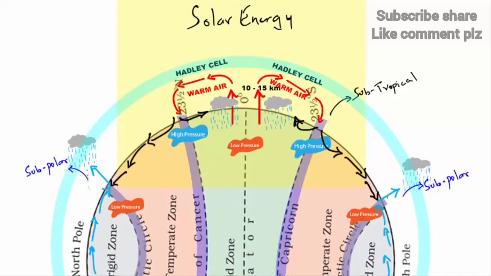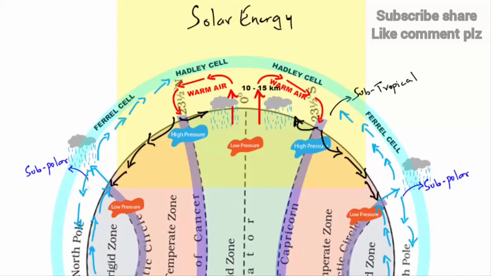And if you remember the wind that went from the equatorial region to the subtropical region, the pattern of atmospheric circulation was called Hadley cell. Over here, the name of the atmospheric circulation pattern is called Ferrel cell. Again, the air that rises at the subpolar low gets divided into two parts. One goes towards the poles, like the extreme part of the poles, and the other goes towards the subtropics. And that's how a chain or a loop is created, where the air keeps moving from equator to poles and